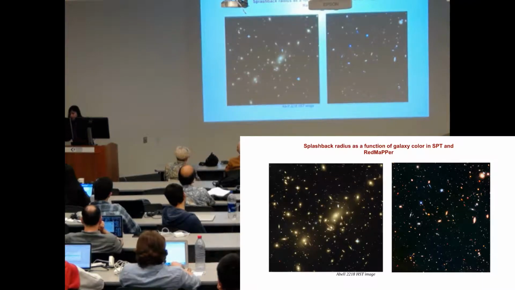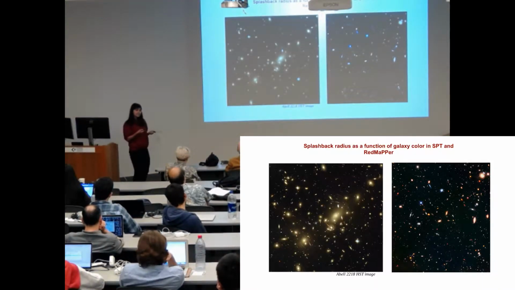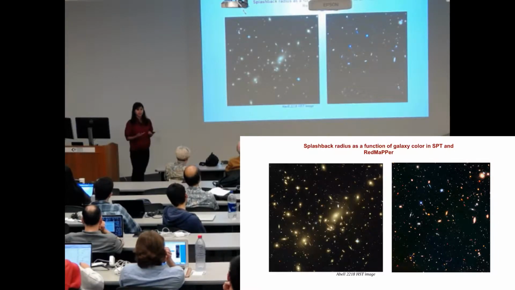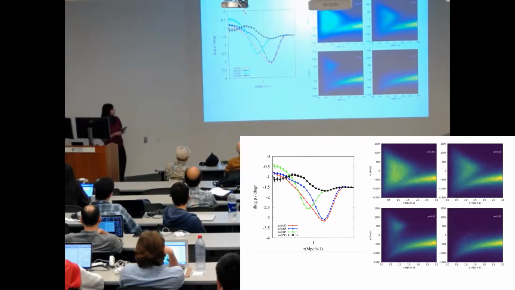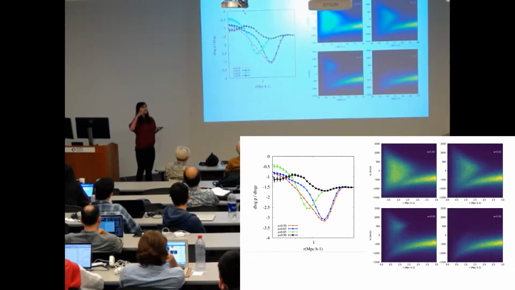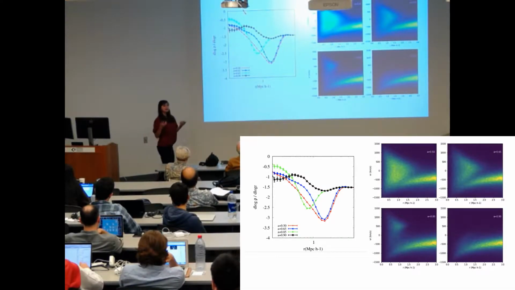Right. And finally, I would like to take a short deviation from just measuring the splashback radius, to what it can tell us, especially since this is a galaxy workshop, about galaxy evolution. As everyone here knows, in cluster environments the density of red galaxies is much higher than in fields. Why the splashback radius is interesting is because it gives you a clock, right? If you have a population of halos that shows a splashback feature, it tells you that some part of that population has at least completed one pericentric passage and reached first turnaround.